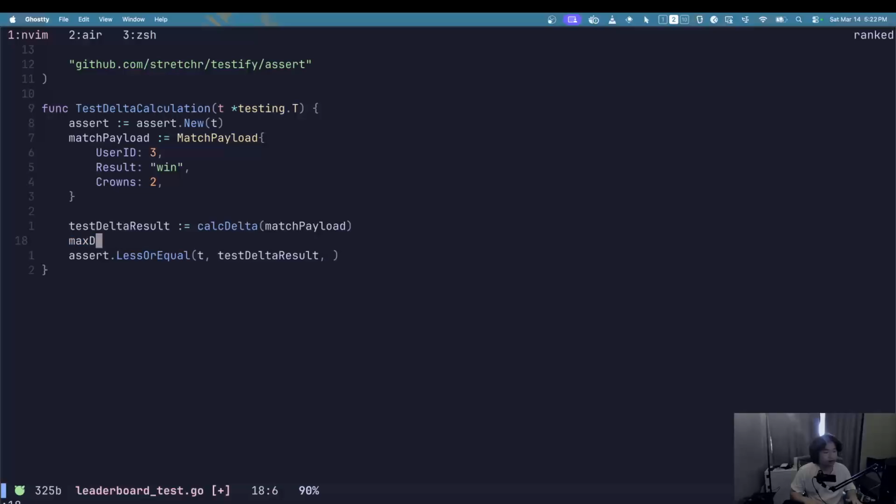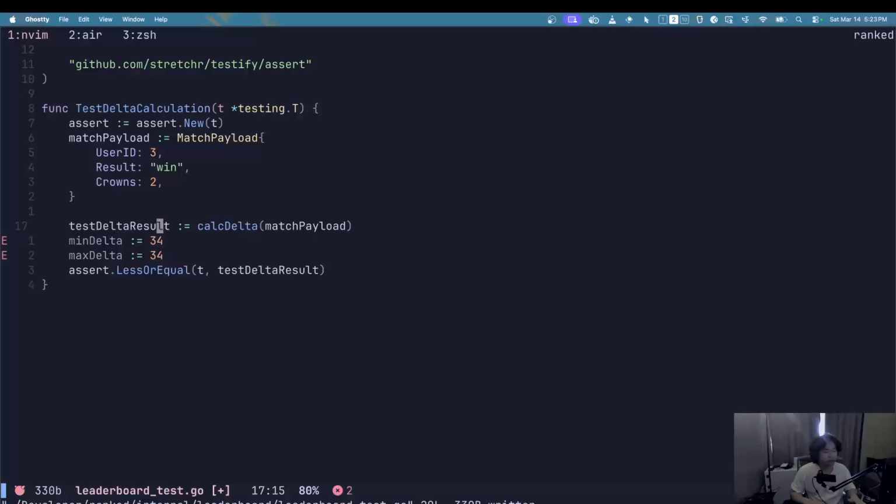Max delta, which is 34. Min delta for a win. Let's do max delta. Dude, can we just... That's fine. Int64, or just convert this to an int, I guess.